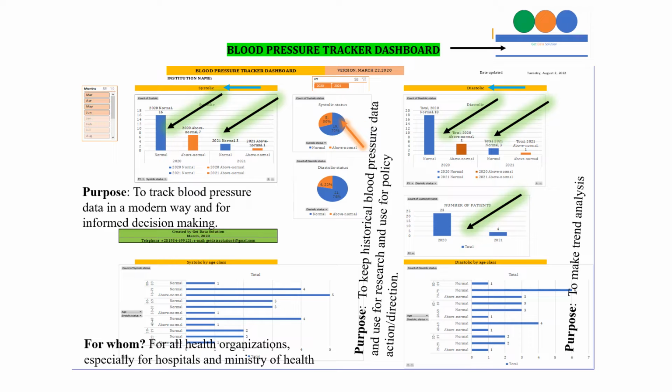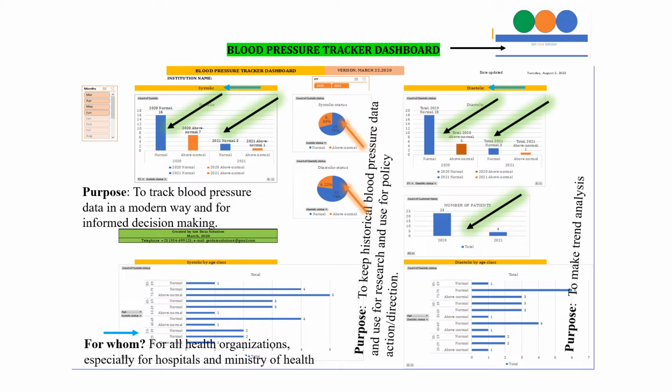and it also tracks the proportion of normal and above normal cases. In the case of systolic, 70% are normal in this particular case, and 30% are above normal. And for diastolic, 78% are normal and 22% are above normal. Just from this demo data,